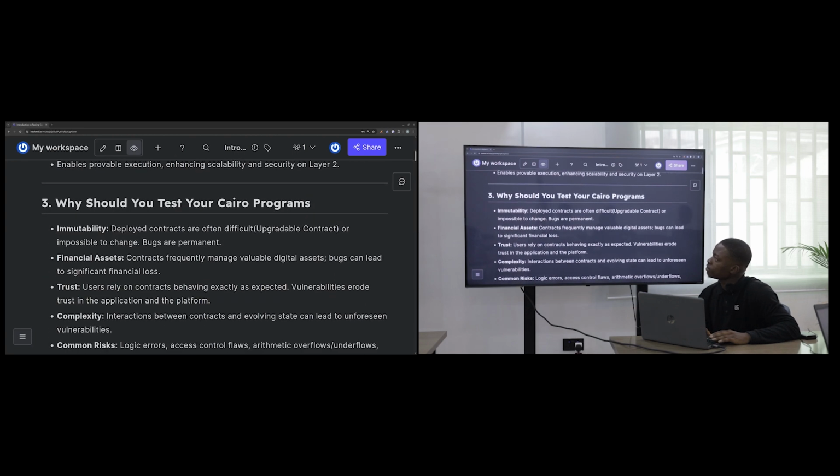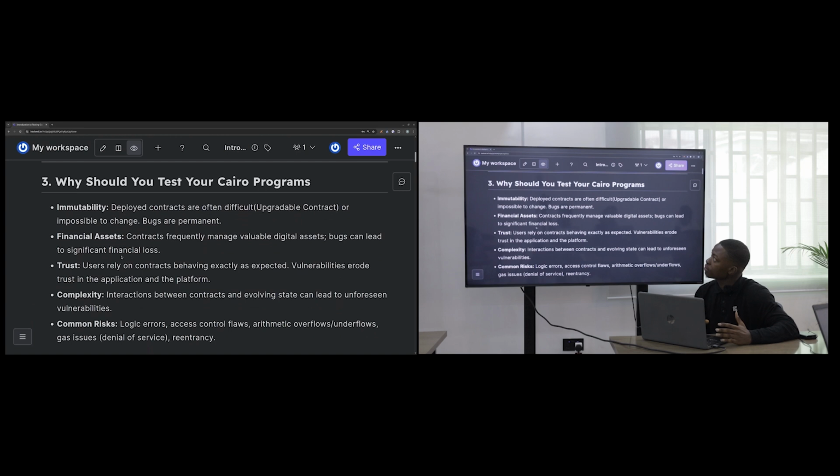So why are we here today, and here's a question: why should you test your programs? I mean, you could just write your code and tell your users to trust you that your code works. But the blockchain ecosystem doesn't actually work like that. One of the reasons is that smart contracts are immutable. The blockchain state is immutable. So a contract you've deployed is often difficult to upgrade, that is, to go back and change it if you discover a flaw or a logic error or a bug or